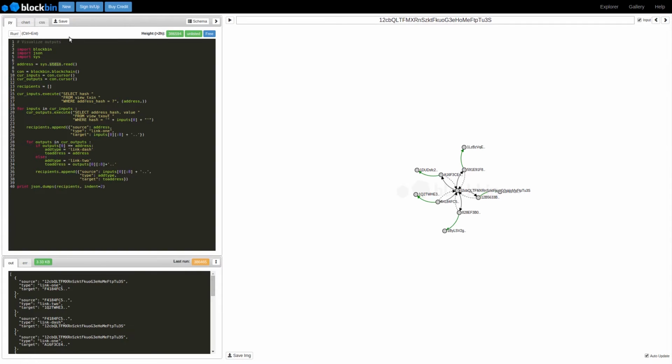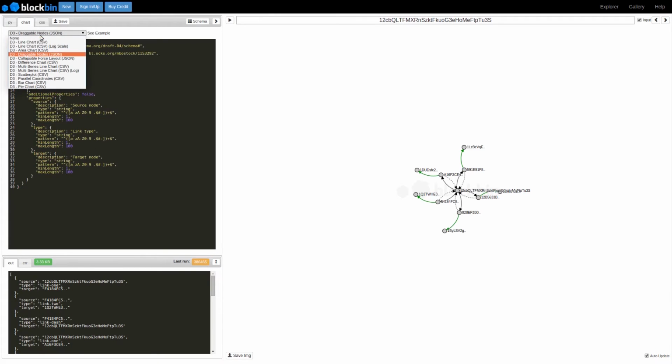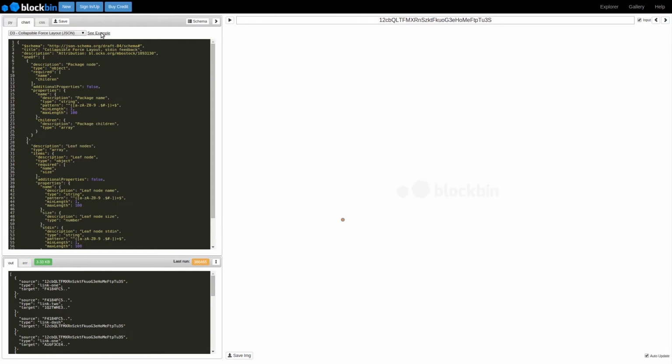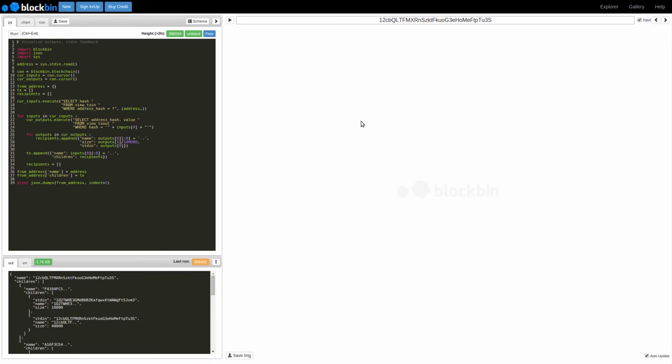We'll also use this address with another chart. This is a collapsible force layout. The transactions are shown as collapsible packages.